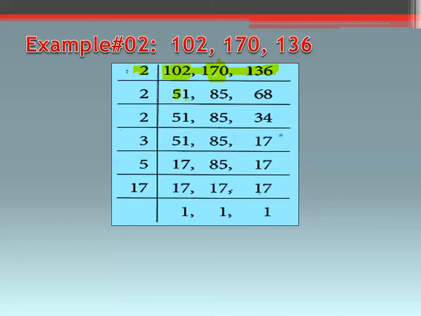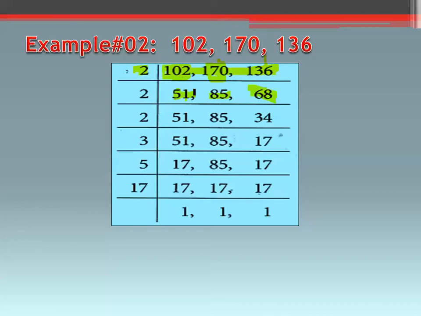Now the next number you have is 136. So first you will divide 13 by 2. So 2 into 6 will become 12, and you will carry one to the next 6, and 2 into 8 will become 16. Okay, now here you get 51, 85, and 68. If you look very carefully, 51 cannot be divided by 2. It's okay, move on to the next number, 85. But 85 also cannot be divided by 2, right? But my dear students, 68 can be divided by 2. So you will take 2 again as your next number.